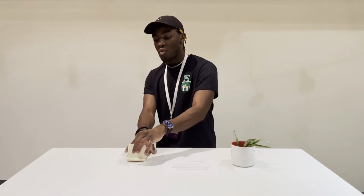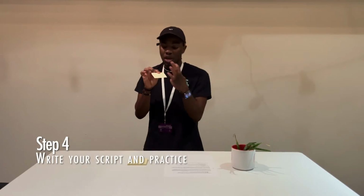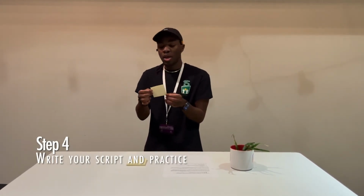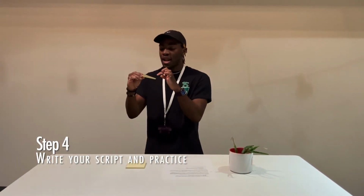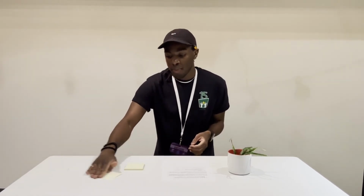Now let's take some time with step 4 and write all of it onto a sticky note. So all the features, all the best stuff, you're gonna squeeze onto this little square right here, because it just so happens that everything that you can write on a sticky note takes about 30 seconds to say out loud. So if you can grab a sticky note or cut yourself a little square piece of paper, write everything down and take some time, practice with a friend, practice in your mirror, to your dog, your python, whatever,